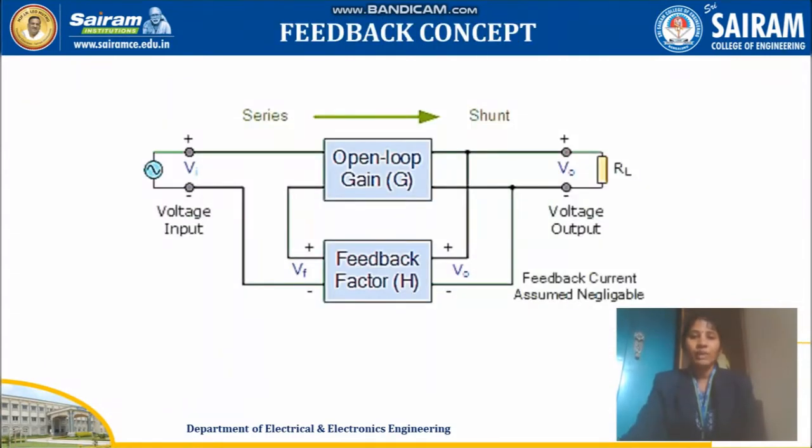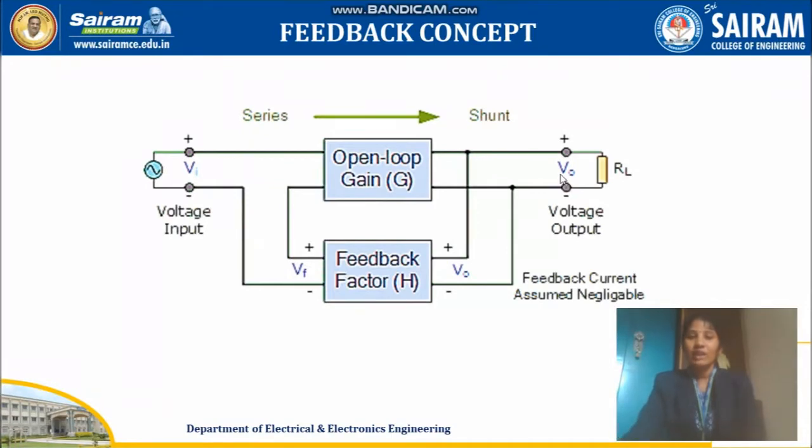Next is your feedback concept. So why do we need control system? Basically we need to study the control system just to find the stability of the complete system. To have stability of the system we need a feedback loop. Feedback means the output is fed back to the input. Suppose you have any oscillations at the output, it is continuously varying. We need a constant output for any variation in your input. Like that you have to make a stabilization.